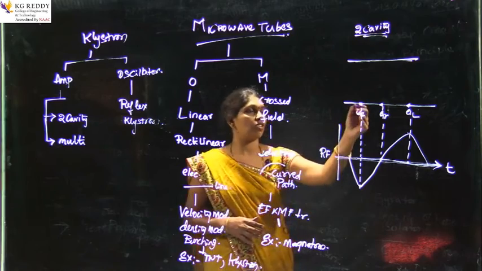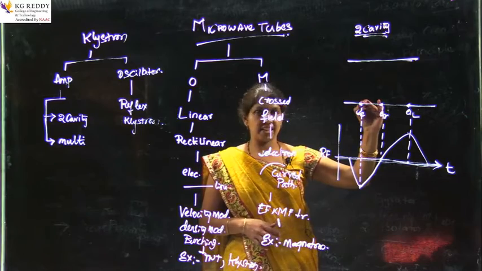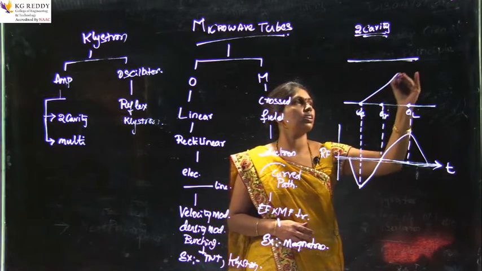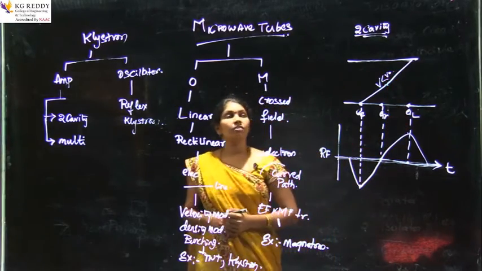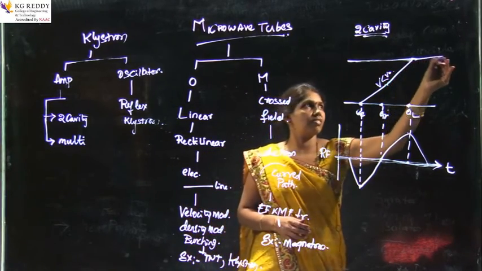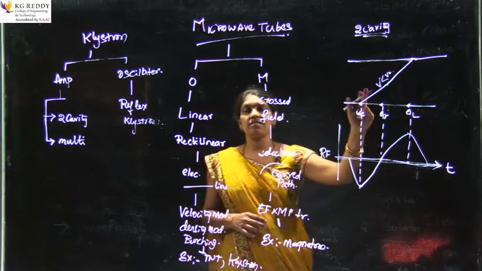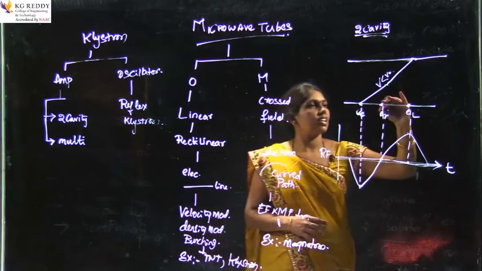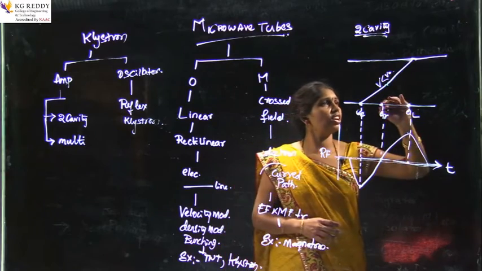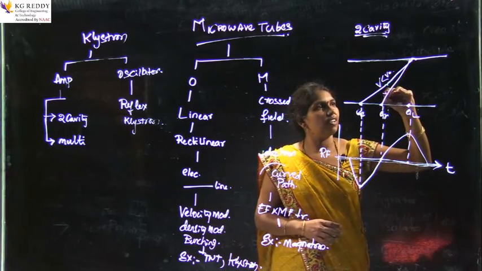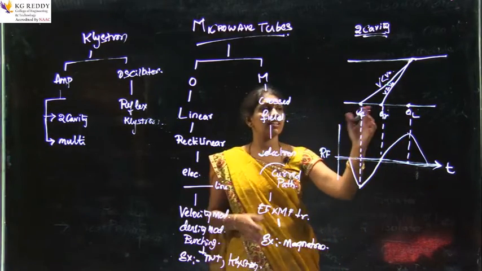When the early electron is interacting with the negative RF field, the velocity of the electron decreases. So it will move slowly, V less than V naught. We can take V naught as the reference velocity. So the early electron travels with lesser speed, V less than V naught. The reference electron is subjected to 0 voltage of RF signal, so it will travel with reference speed V equal to V naught. This reference speed is greater than the early electron speed.